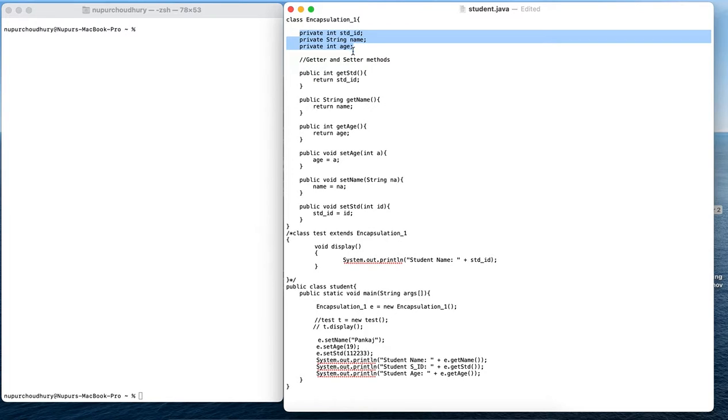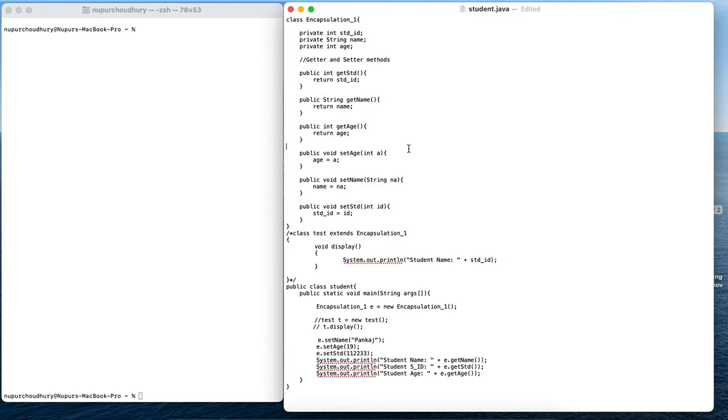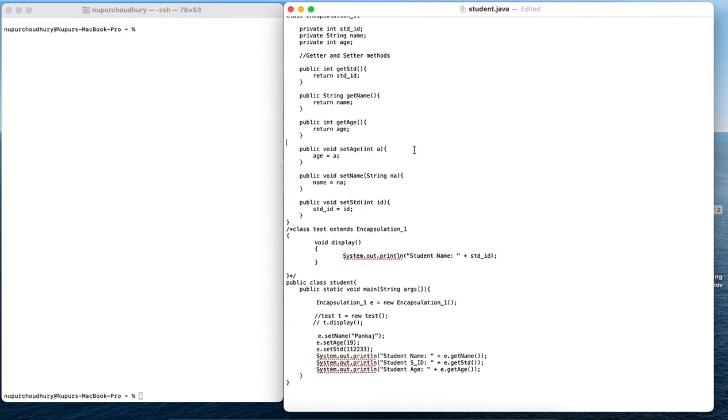When I declare them as private, only within this class will these variables be accessible. No other class can access these variables, and they cannot be inherited. They will not be usable with the help of inheritance or any other such mechanism.